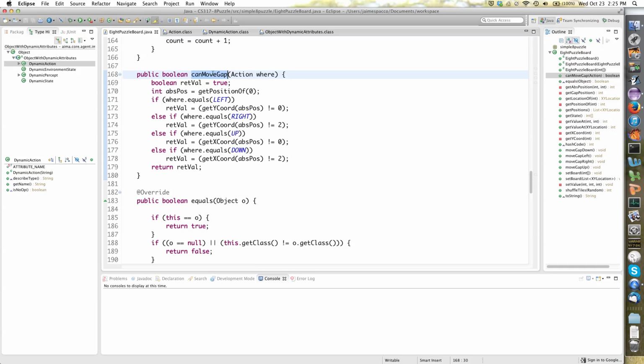And so that's checking if we can move the gap up, down, left, or right, and it's figuring out, well, is it in a row or a column where this would be a legal move? That's what's going on there. Now,